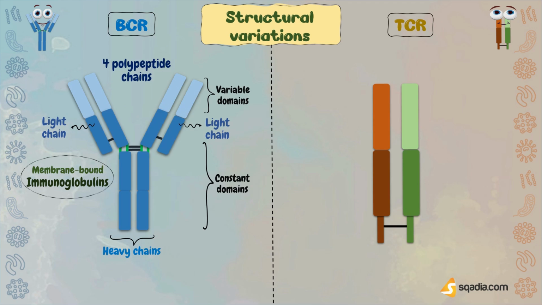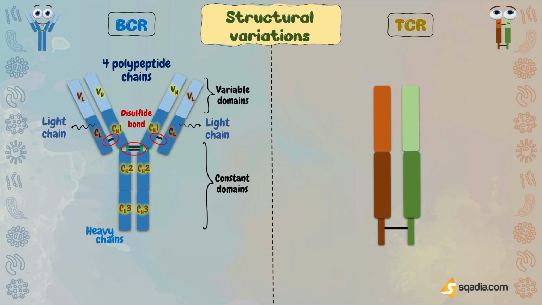In each light chain, there is one variable domain, presenting as VL, and one constant domain, named as CL, whereas in each heavy chain, there is one variable domain, VH, and 3 constant domains. We named them as CH1, CH2, and CH3. Both these light and heavy chains are connected with each other and also within themselves by a special linkage called disulfide bond. And these BCRs are similar in structure to the secreted antibodies, but there is one difference: